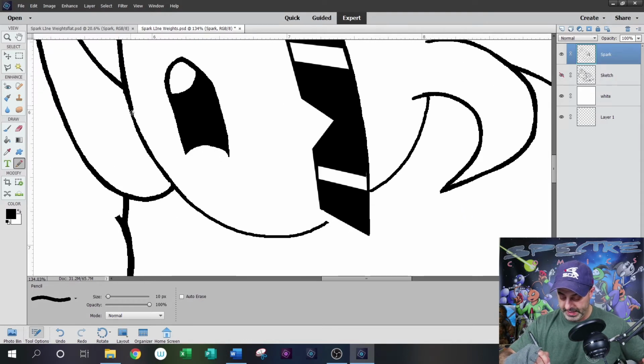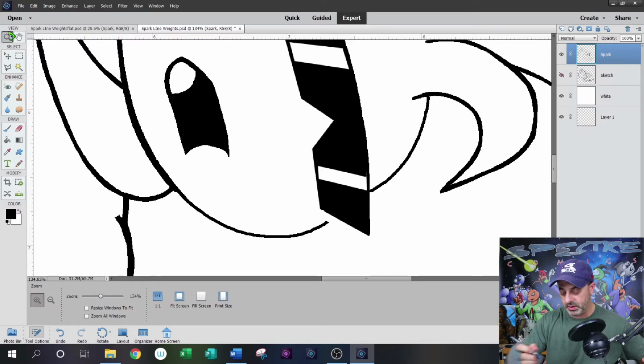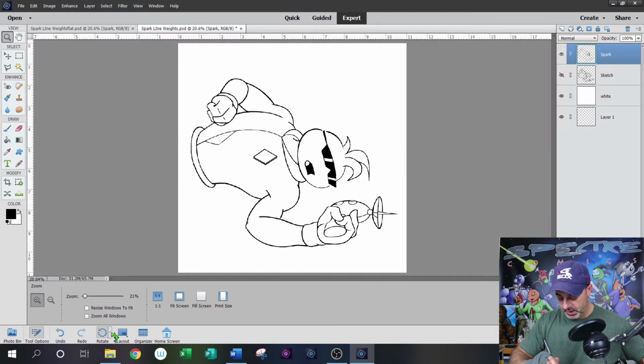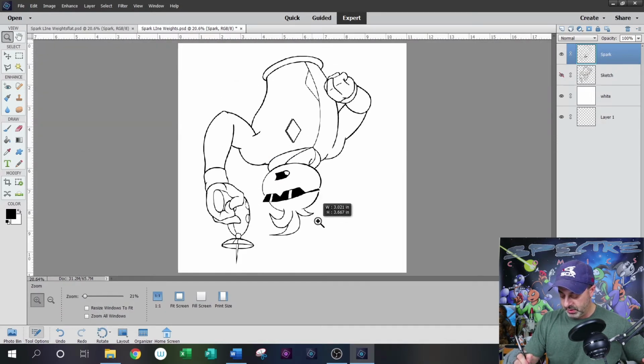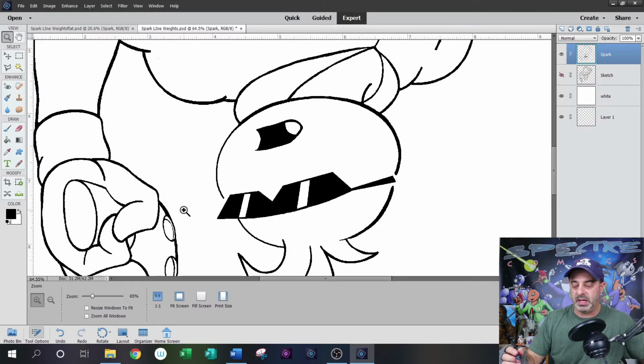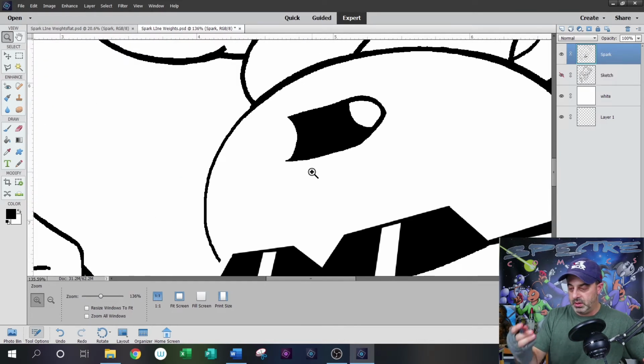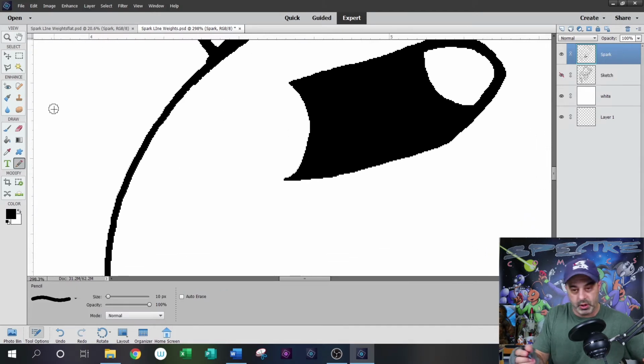But the flat line work that doesn't vary at all just makes the drawing look a little boring. I'm just going to rotate the image again. I've talked in other videos when I'm inking how I can really plant my hand on the tablet and then I can pull the pen down towards me. It gives me a lot more pen control. And as I'm going around these curved edges,